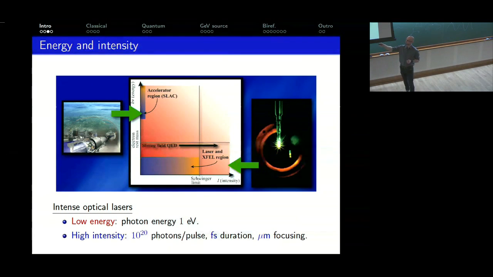And the point is that there's not just interesting physics as you go up there, there's also interesting physics as you go across there. One of the candidate processes is the Schwinger effect, which we'll come to later on. But yeah, so we're thinking about going in this direction, increasing intensity and typically low energy. Of course, we can explore this regime by combining intense lasers with high energy particles and high energy photons. And this is kind of where my interests lie.